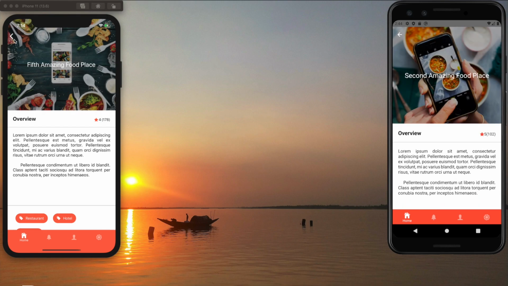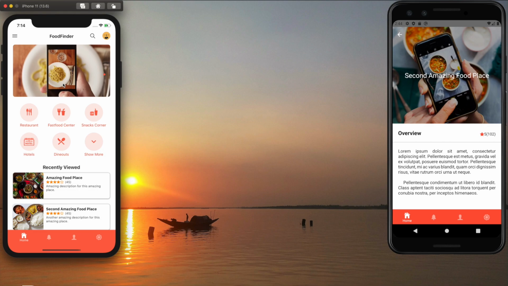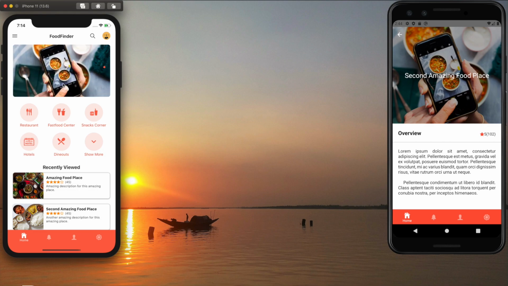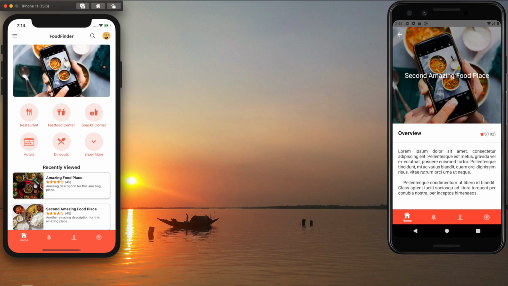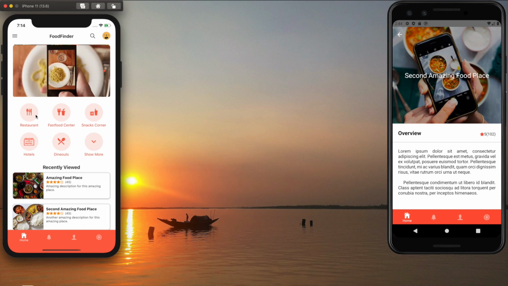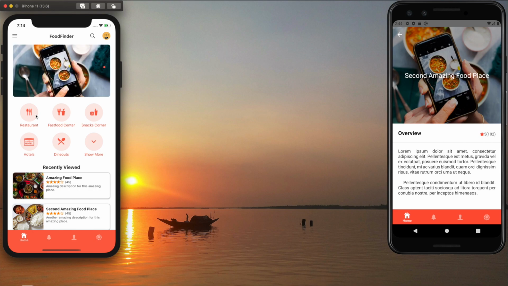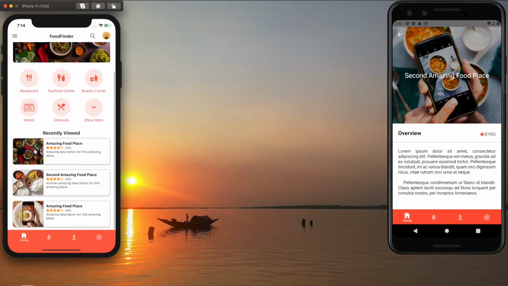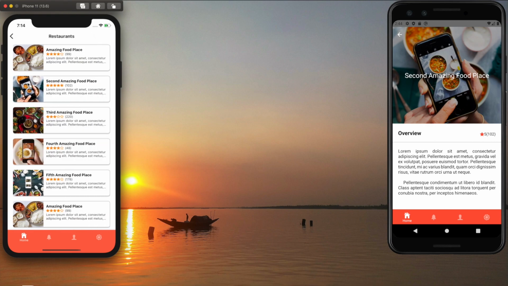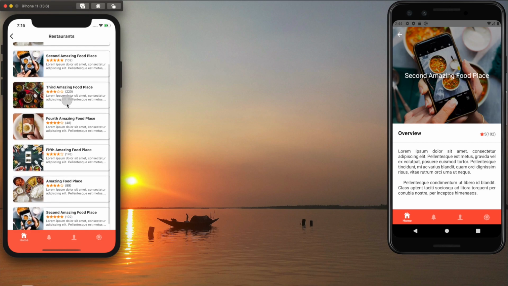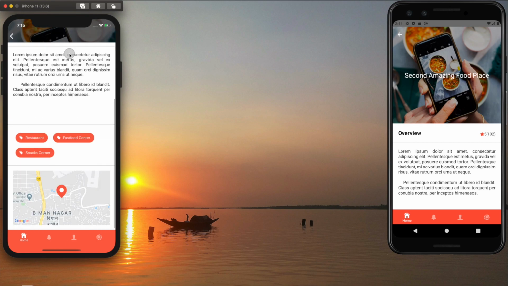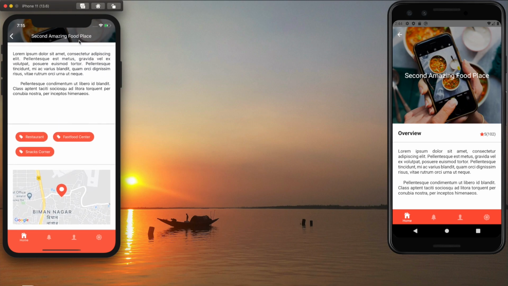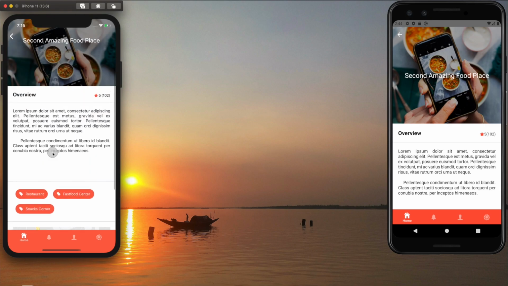This tutorial is a direct continuation of my previous tutorial where I showed you how to implement this layout and this slider. So if you haven't checked that tutorial yet, I would highly recommend you check it, because in this tutorial I will be using some elements of that. I will use these cards. As you can see, when we are visiting any category, then we have this card list present, and then I will create this screen, and there I will show you how to implement this animated header along with other UI elements of the screen.